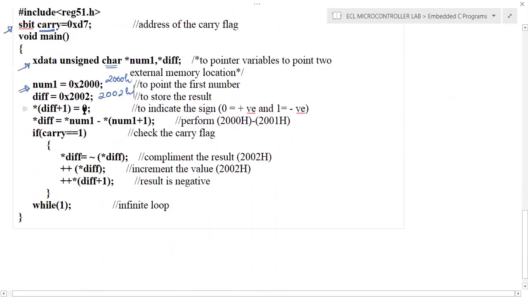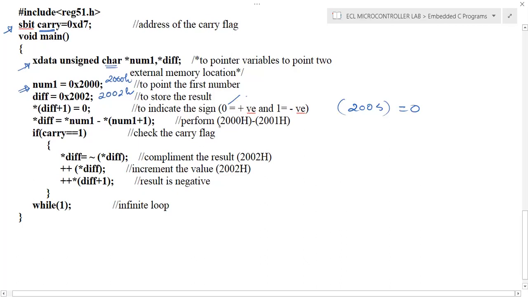And initially we decided that we will assign 2003H with 0. So for that we are using this statement. The location we will access, 2003, we will load with the content 0, because assume that initially the result is positive. To indicate positive, we will use 0, and to indicate negative, we will load 2003 with 1.